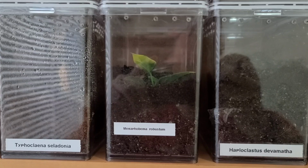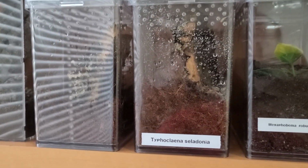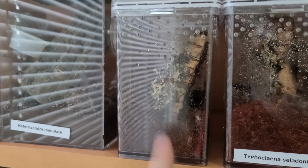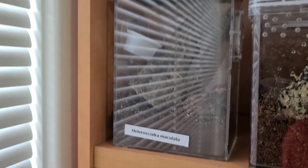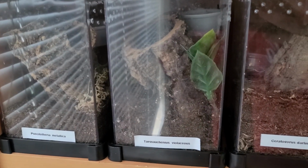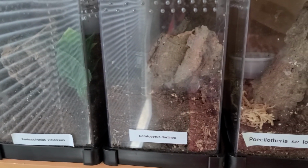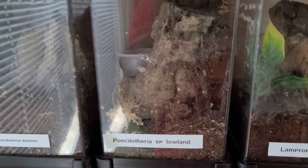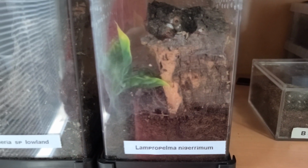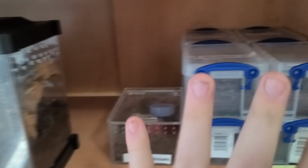Going down here, Megaphobema robustum, my Typhochlaena seladonia. This is an empty tank. This is where my other one's going to go once I get it in from Tangled in Webs. As you can see here on the end, Heteroscodra maculata. Moving down another shelf, we have the P. metallica, Tapinauchenius violaceus, Ceratogyrus darlingi, Poecilotheria species lowland, Lampropelma nigerrimum, and we have some slings in here, which again are all going to get rehoused